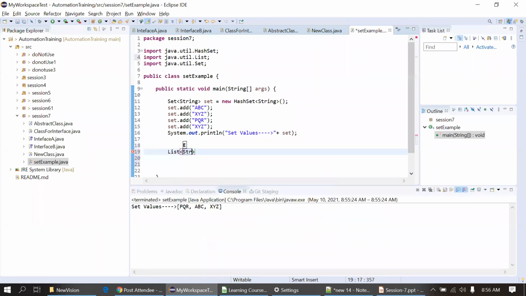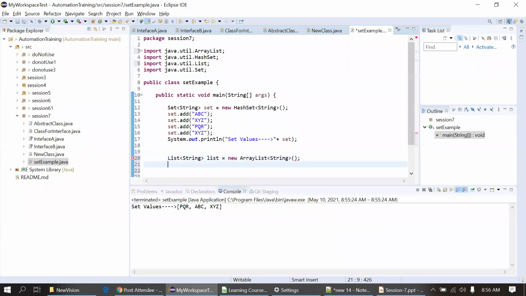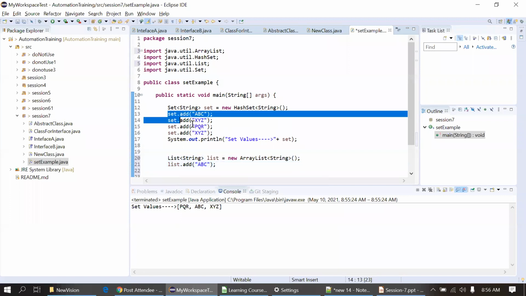It is asking for the data type, string. List is equal to new array list. I will add some more values in the list. I will just use these values again.